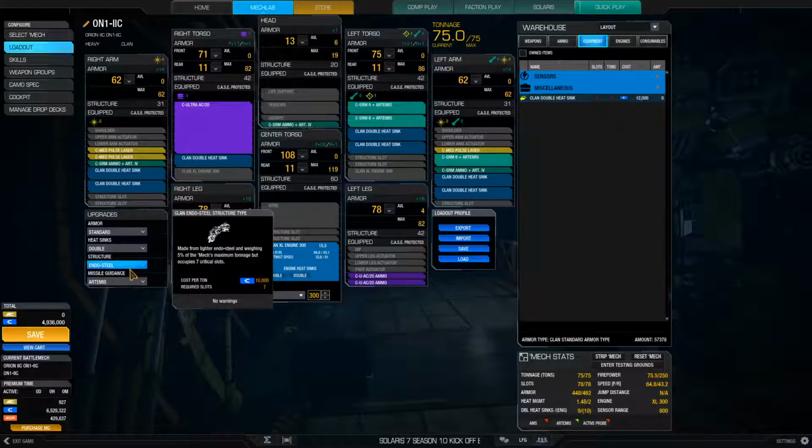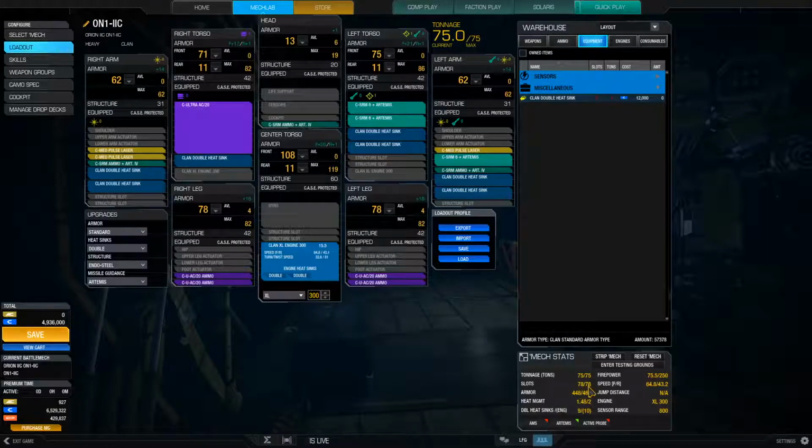We've got endosteel structure, which basically you trade weights for slots, or slots for weight. You get fewer slots, but you get more weight to play with. So this is basically a brawler build. I've packed my mech with 78 slots, and this is the most efficient way to build a clan mech. Okay, or the Orion 2C. It's the most efficient way because we have filled all our slots, we have no tonnage left, good speed, good ammo count, and a cohesive